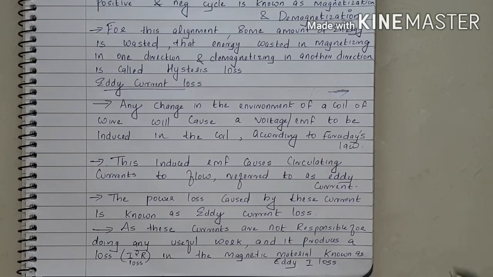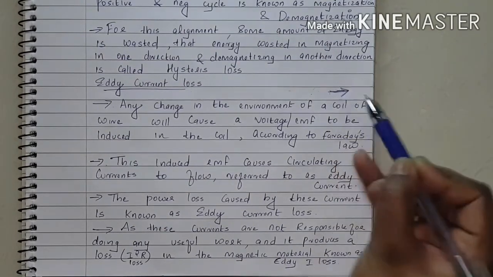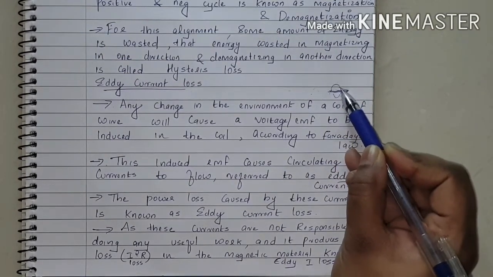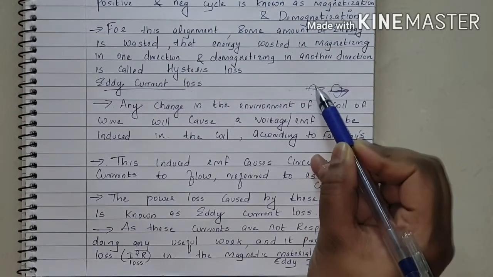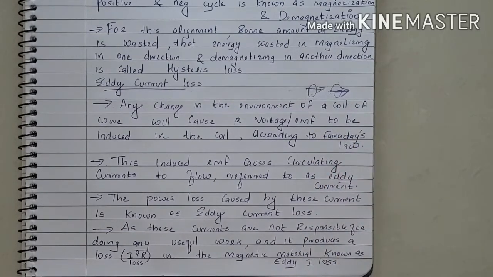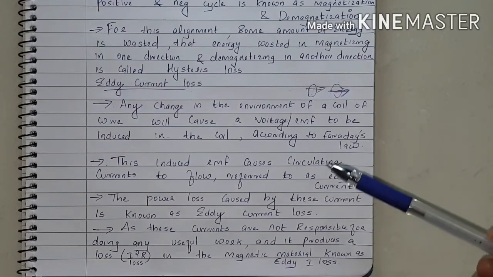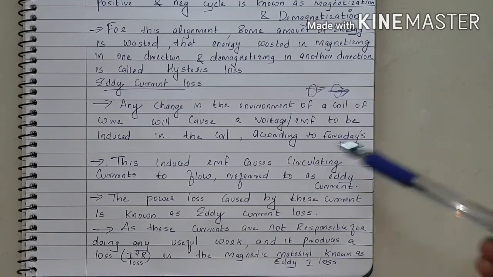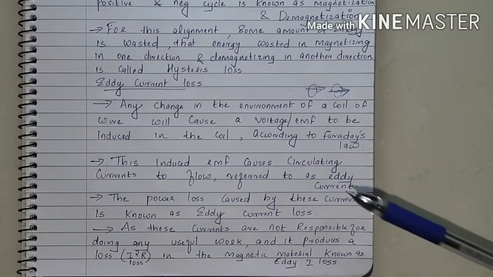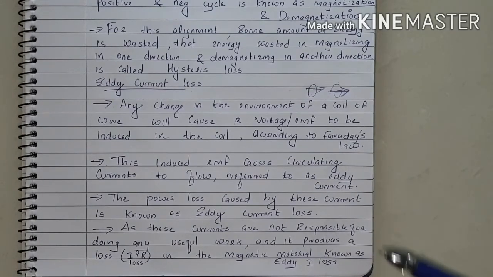And this induced EMF causes circulating current to flow, referred to as eddy current. That is, each magnetic flux line will produce a circulating current, and power loss caused by these circulating currents is known as eddy current loss. As these currents are not responsible for doing any useful work, it produces a loss which is known as eddy current loss or I square R loss